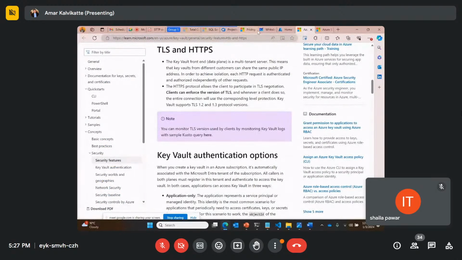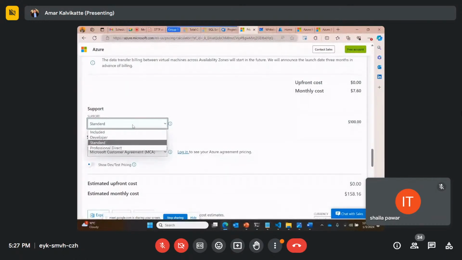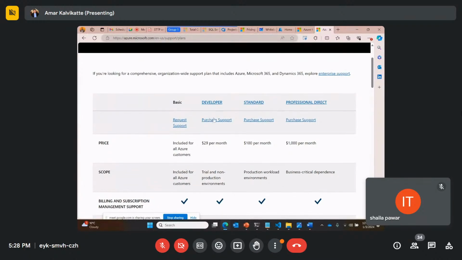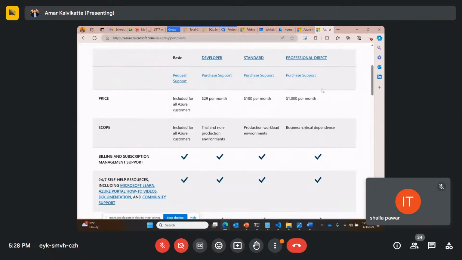Pricing. If you look at standard, developer, professional, the same thing here. The minimum price for basic, it's included, so you don't have to. And basic, if you say that minimal support, but everything is in production, either you have to choose developer, standard, or professional direct. The cost goes variable. So if you look at 29 for the developer, standard 100 per month, 1000 per month